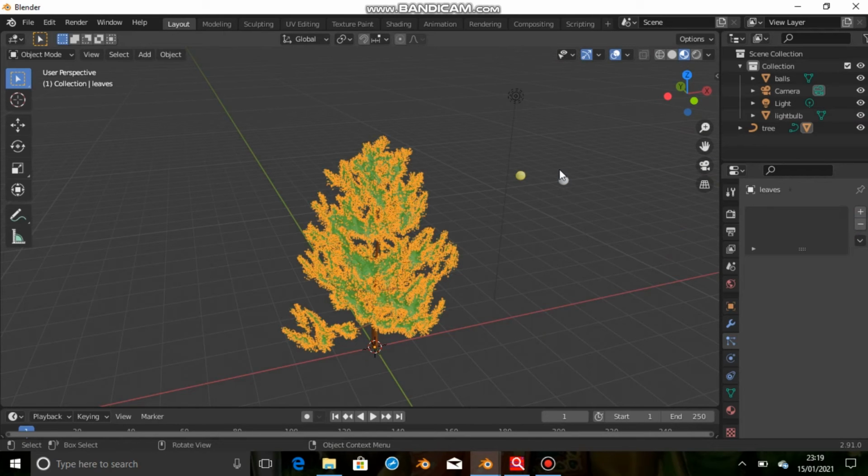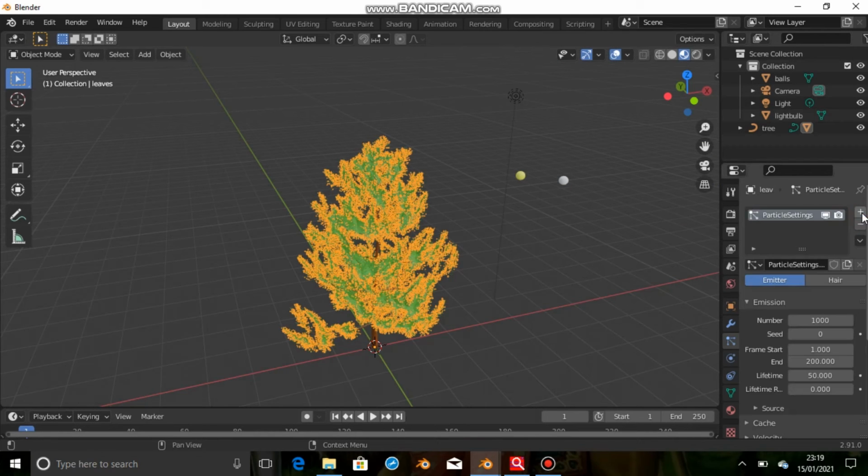Okay, now select this tree and have particles, and then select the light bulb. Okay, now it's the proper way to give the hair. Here I have selected hair.